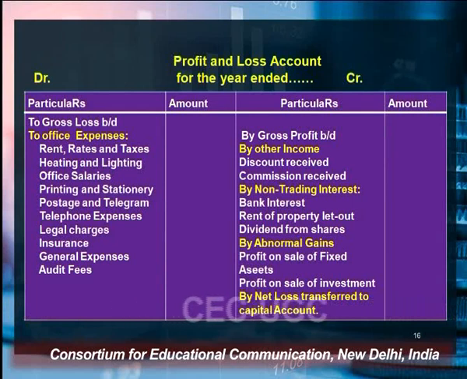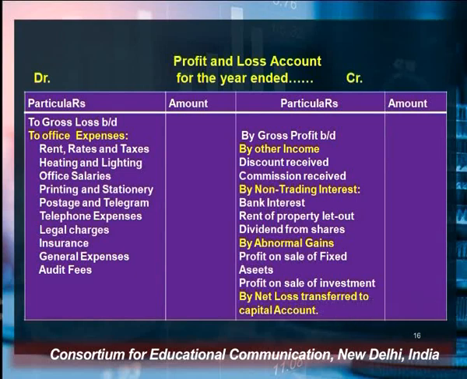If there is a net loss, how will net loss be calculated? If the debit side exceeds the credit side, meaning your expenses exceed revenues or incomes, in that case there will be a loss. For example, your total of the debit side comes to rupees 1 lakh, and the total of the credit side, your income side, comes to rupees 80,000. So there is a shortfall on the credit side of rupees 20,000. So this 20,000 reveals that there is a net loss, and that net loss will be transferred to the capital account.